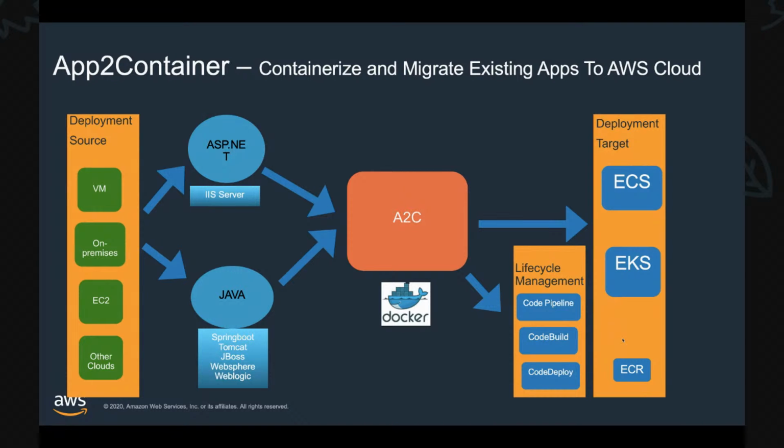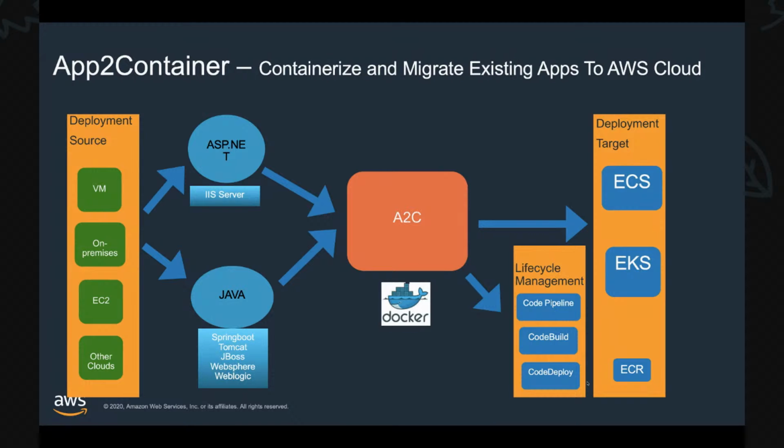Another artifact is the CloudFormation template, and I think that's the most important part. It creates the CloudFormation template. CloudFormation is our orchestration tool, an infrastructure as code tool. And with that template, you deploy the resources. It can even interact with AWS lifecycle management tools, such as CodePipeline, CodeBuild, and CodeDeploy, to also build a CI/CD pipeline for you.